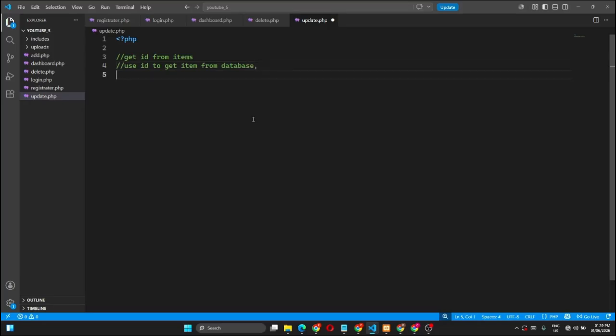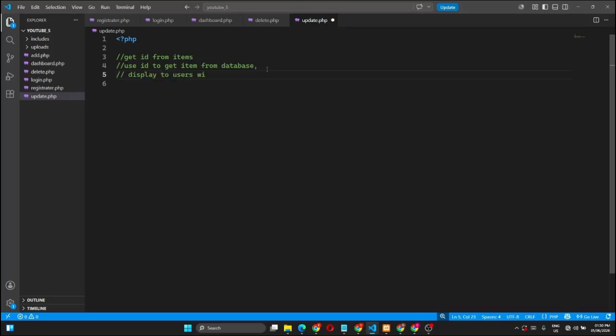How these things work is, when you go onto an edit page, there is some pre-filled information, for example the email which appeared when you were signing up or registering. So when you get into the update page, that information is left in a form which you can still see and edit. It doesn't come out as a blank form. So we're going to get an ID from the dashboard page, and use this ID to fetch that item from the database. After fetching the item, we're going to display